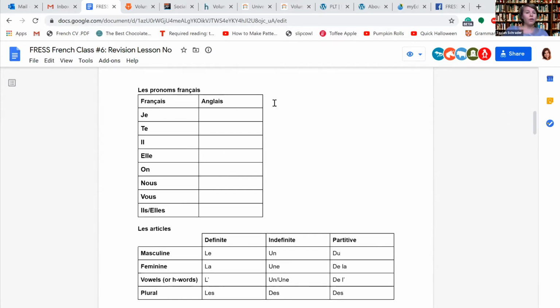So the first thing that's important about French is pronouns. We use pronouns in the place of nouns, people, places, and things. French has 1, 2, 3, 4, 5, 6, 7, 8, 9 pronouns. And for those of us who've been coming for the last little bit, basically today we're just going to be filling out boxes so that people are aware of what these are.